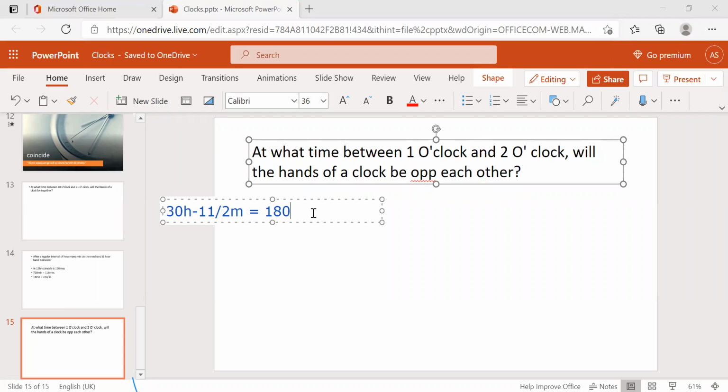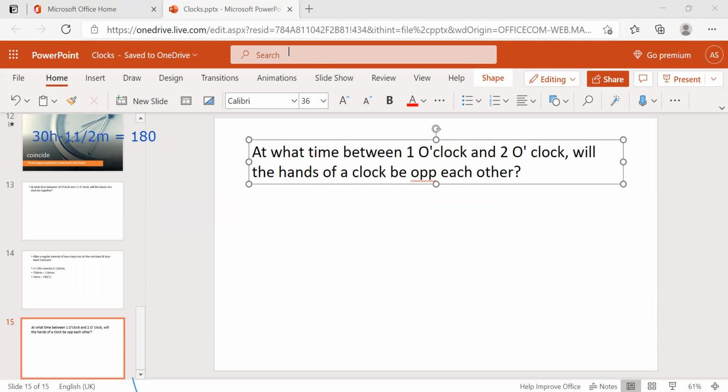By using this, we can solve for any time, I mean, between any 2 hours when they will meet exactly in a straight line. But instead of doing this calculation, we are following one simple tip, that is, whenever they ask like this,